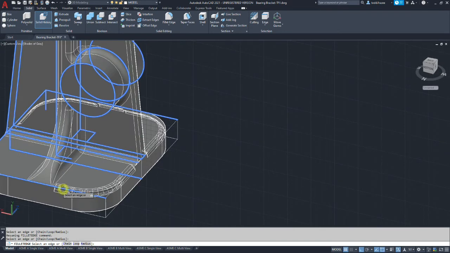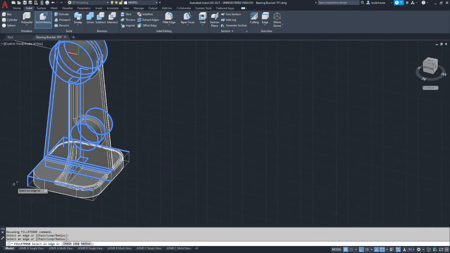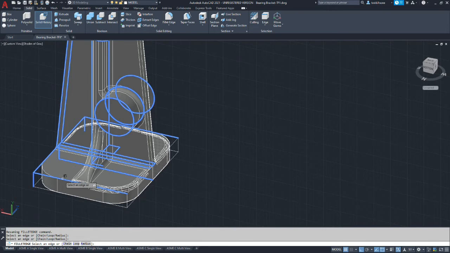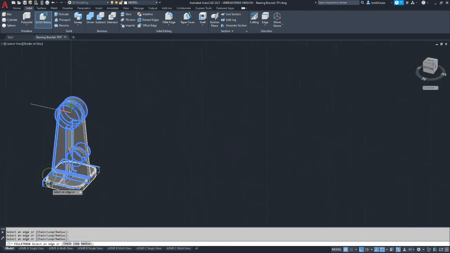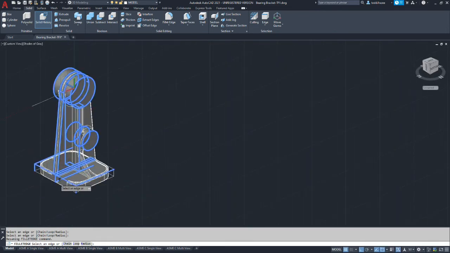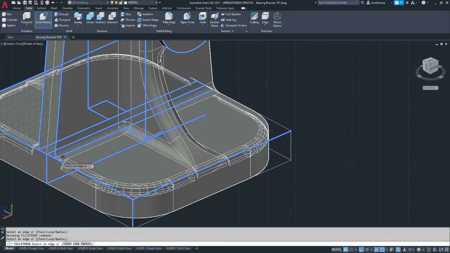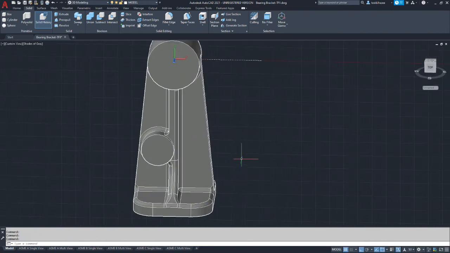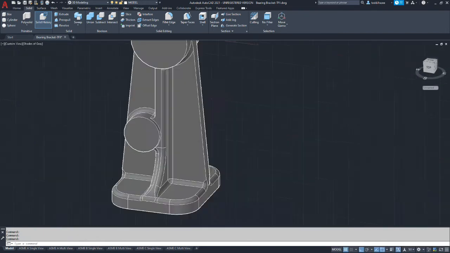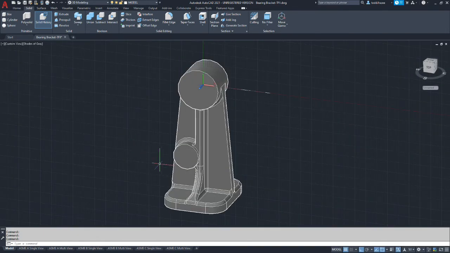It seems to be the only way I can get rid of it is to restart AutoCAD. Okay, so at minimum, make sure you have those fillets there.